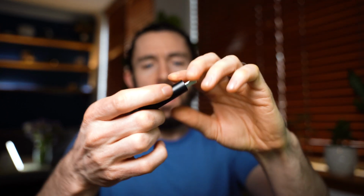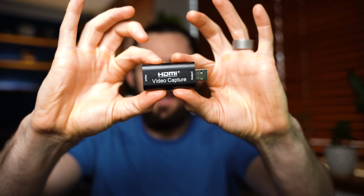And the fifth odd object that has really helped my video calls has been this right here. This is called a capture card. And I talked about this in a recent video, but simply put, a capture card allows you to take an HDMI signal and put it into your computer. So for example, my camera, the Sony a7 III right here, and most newer cameras are gonna have an HDMI